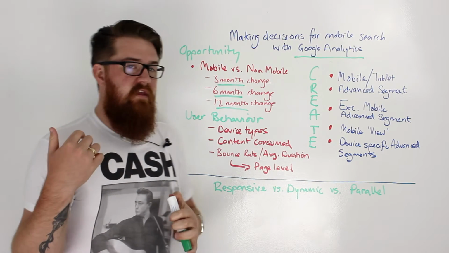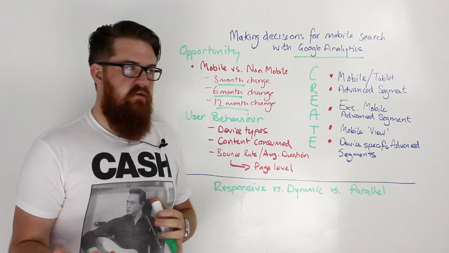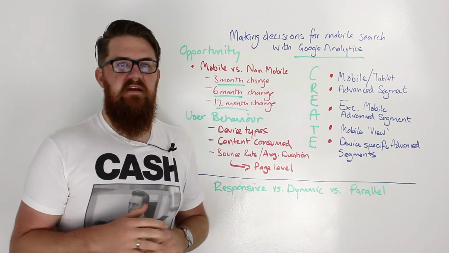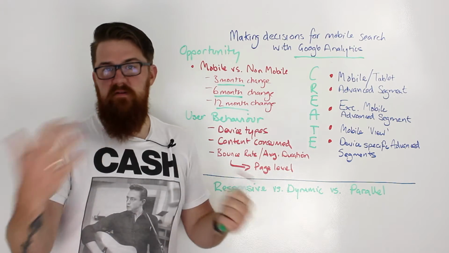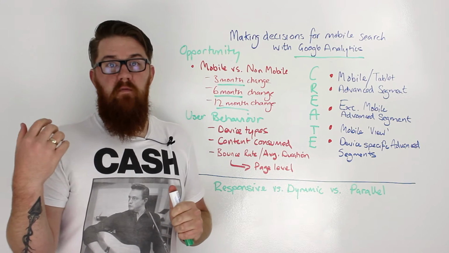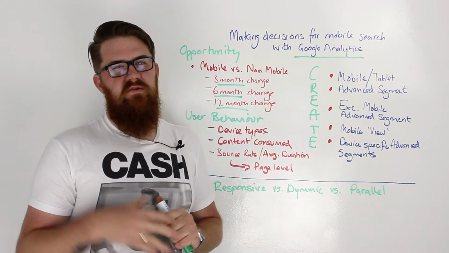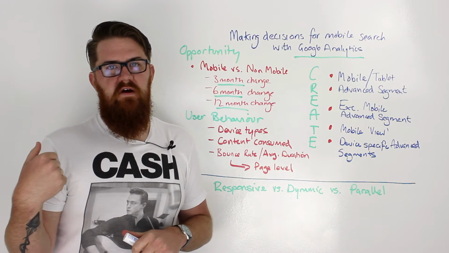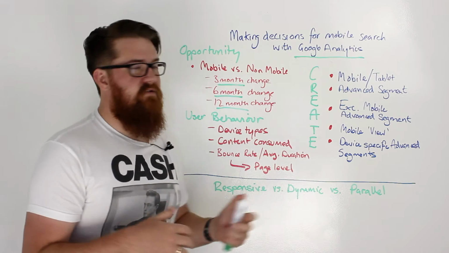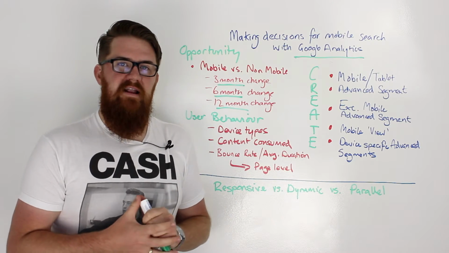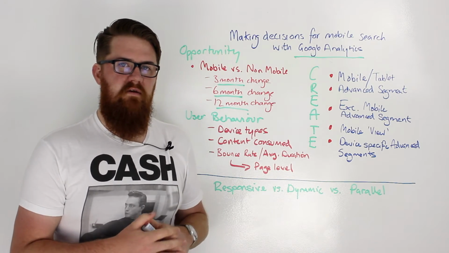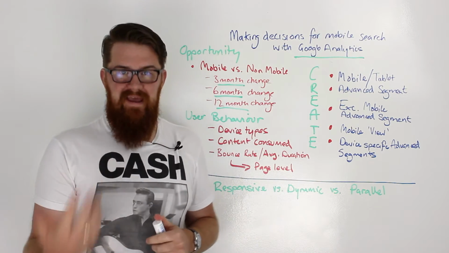I think if mobile is a big consideration to you, it will be well worth considering setting up a view within Analytics that's just dedicated to mobile traffic. Effectively, you then get a version of Google Analytics that's solely focused on mobile user data. You don't run into the issues of data sampling that you do using an advanced segment. The downside is obviously that it'll only start collecting data from the moment that you set up the view, so you can't look back historically, which is what an advanced segment can give you.